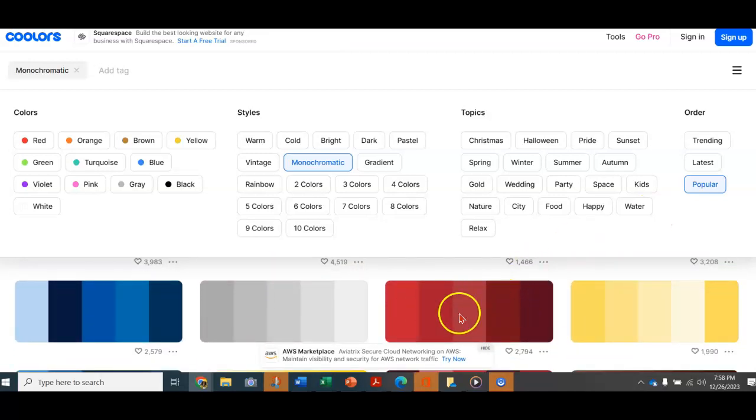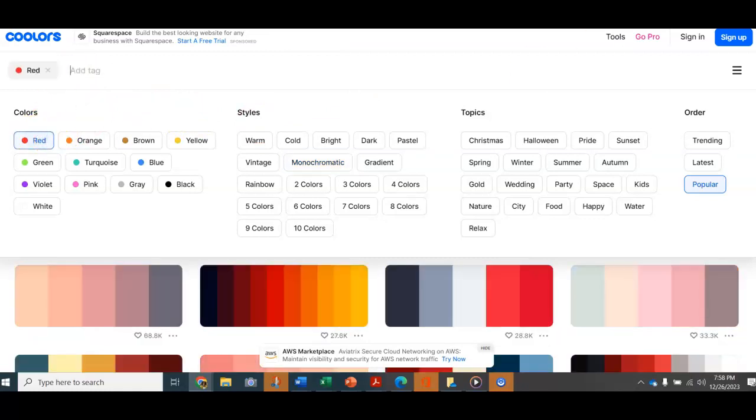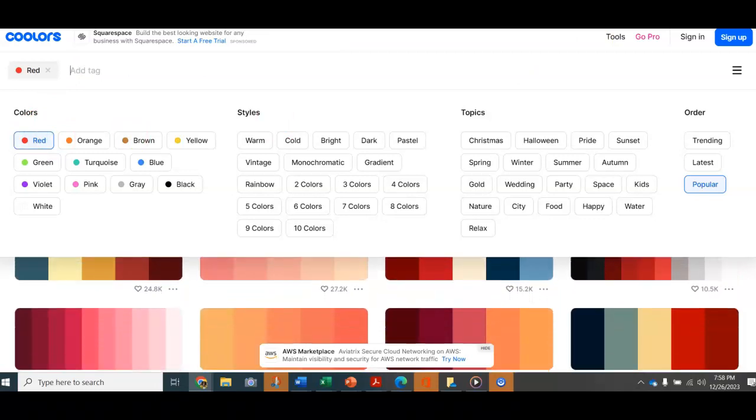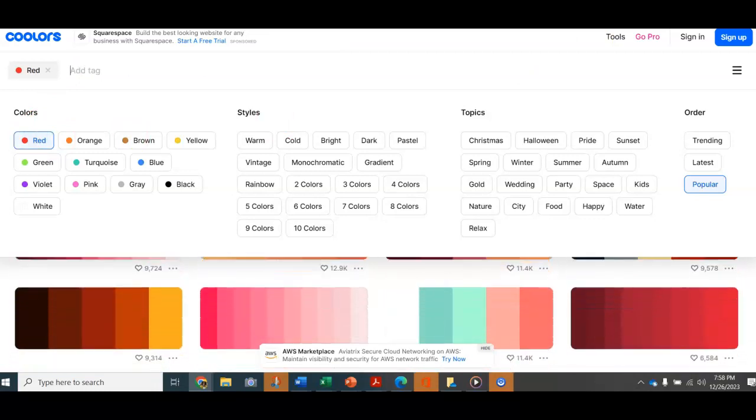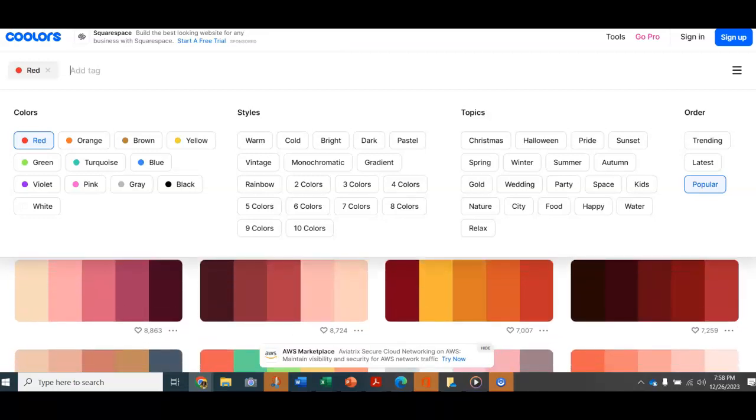This one is probably one of my favorites right now because I'm a red person. Now, if you just want to pick one by colors, like what's your favorite color? If you go ahead, you have to move this tag first and click on red, you will get color palettes that have things on the red spectrum in there as well. So keep on scrolling down and you will get all the reds. Okay, so out of the things that popped up here, I'm going to say this one is my favorite red